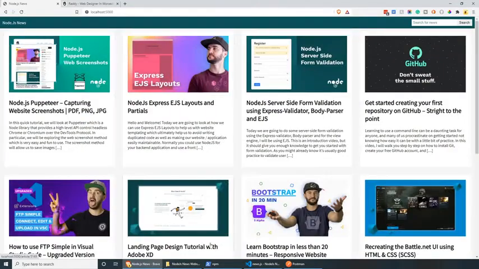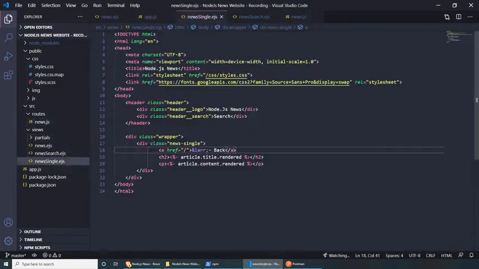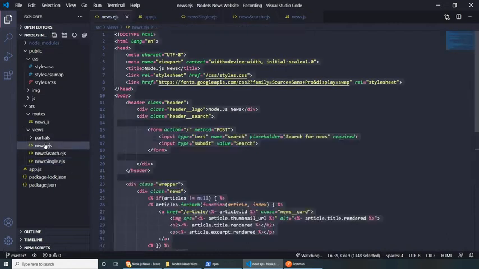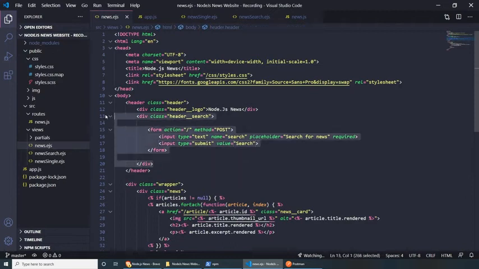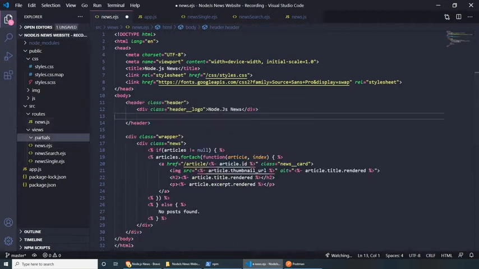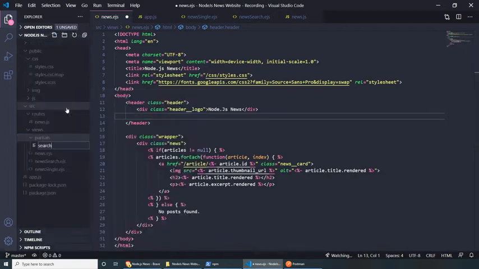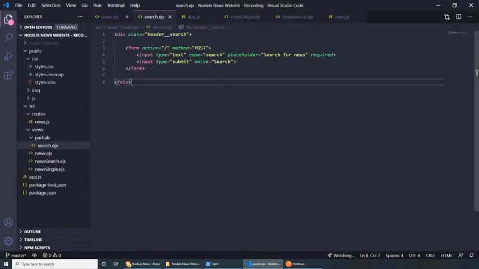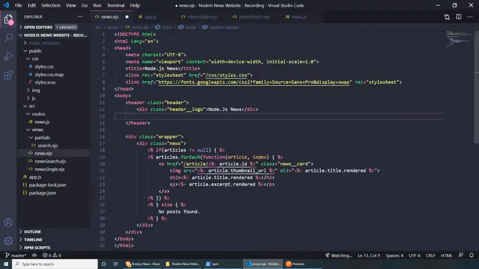The last thing that I wanted to show you is that we could potentially use the partials for the search. So instead of duplicating the search a few times in here, so where is it? So in this page, we have this header search. What I can do is cut this, paste it into partials, new file search.ejs, paste it inside here, and we can actually include this file everywhere now by opening EJS, include partials